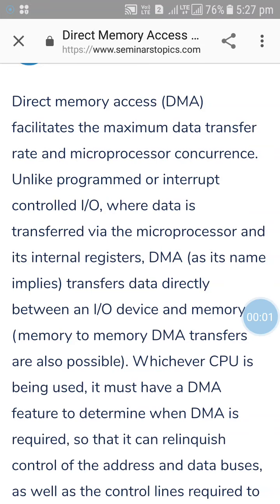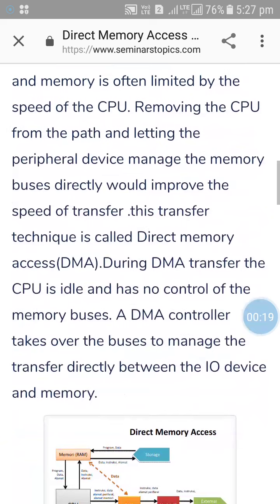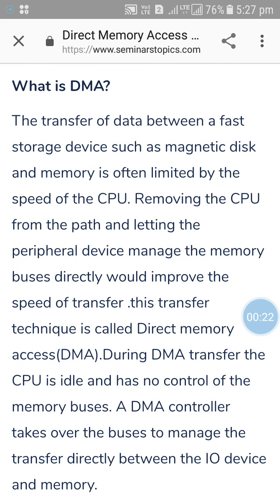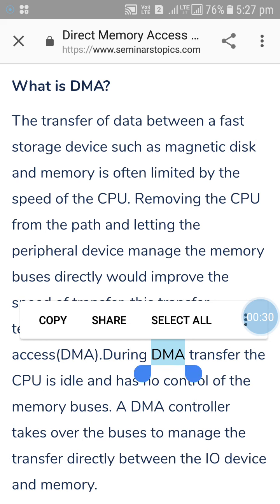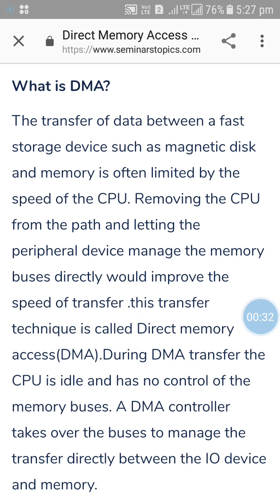Direct memory access. Direct memory access is the method of transferring the data from IO devices to the processor. It uses the DMA controller which controls these activities. What is DMA? Direct memory access is the fastest way for transferring the data from storage devices to the processor. It acts as a processor, how the processor handles the instruction execution for devices, and it saves the time of the processor.